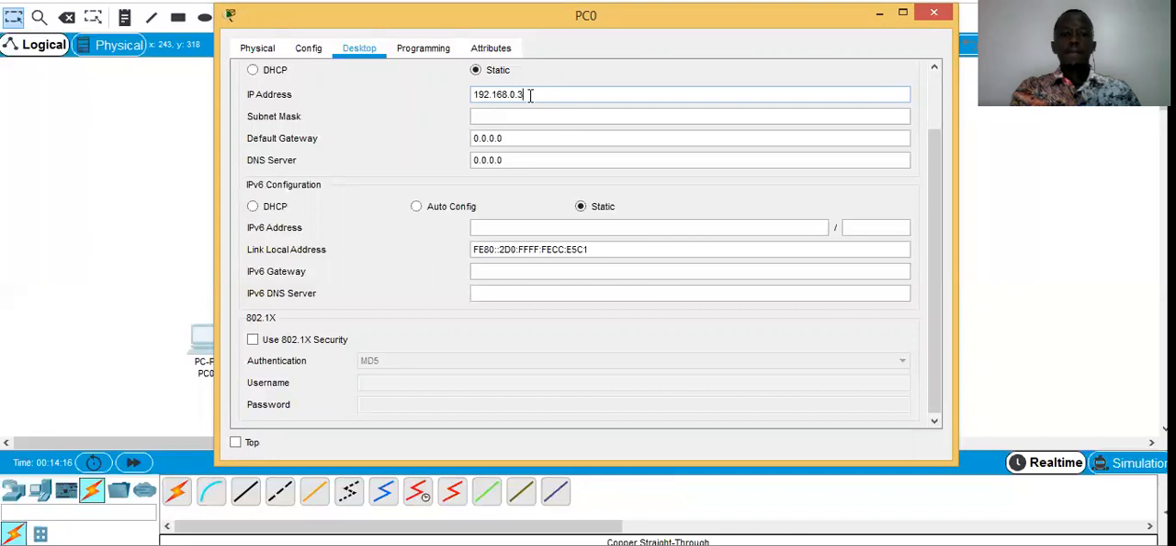192.168.40.3. Then click on the subnet mask to autocomplete. You don't have to set all these ones. DNS server we don't have. That is another subject, but I'll come up with another tutorial trying to explain that. So we have assigned an IP address to our PC0